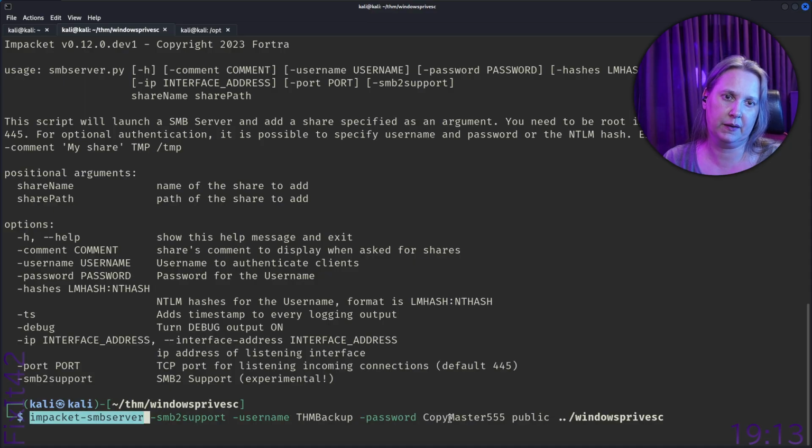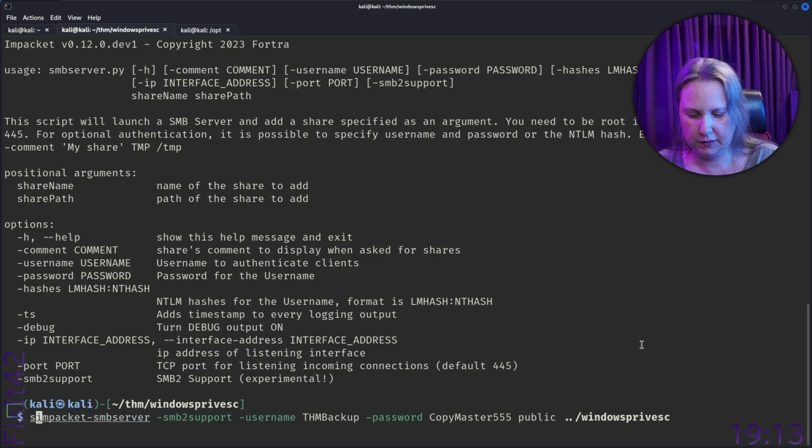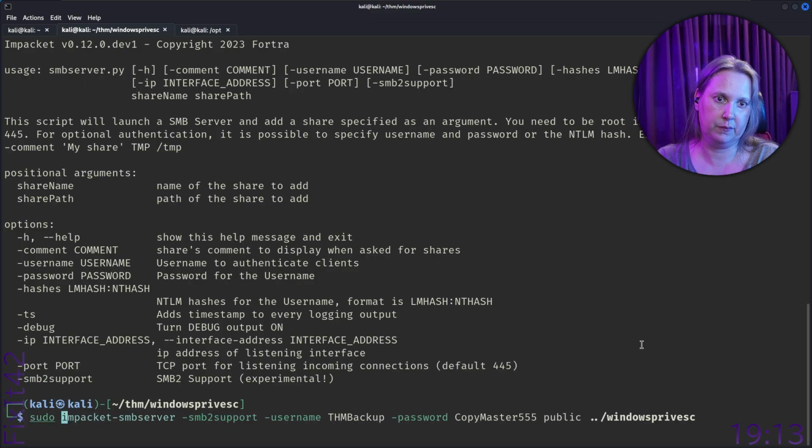So in-packet SMB server, and then we have the same things. And we should also sudo it because of the port number. Sudo in-packet SMB server, SMB2 support, username, password,